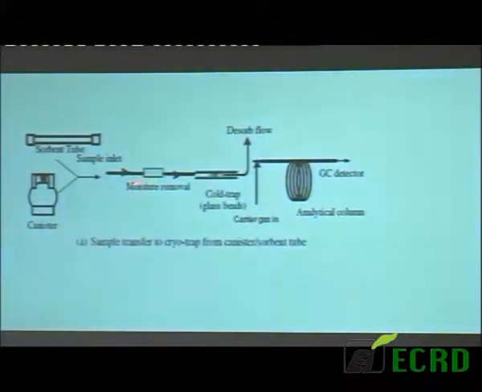This is the schematic diagram of thermal desorber or the cryotrap. This is sorbent tube. You can also use the canister, and for canister also some separately. Then cryotraps are available, and that sample is passed through this cryotrap, and then finally to GC from the cold trap. So from both of these, first sample is dissolved to another trap, and then finally to the GC. So this is the another cold trap.